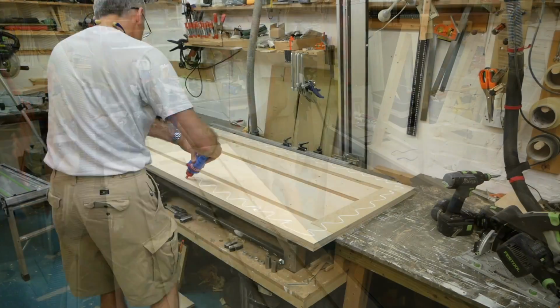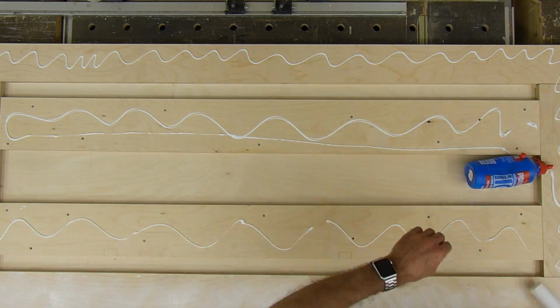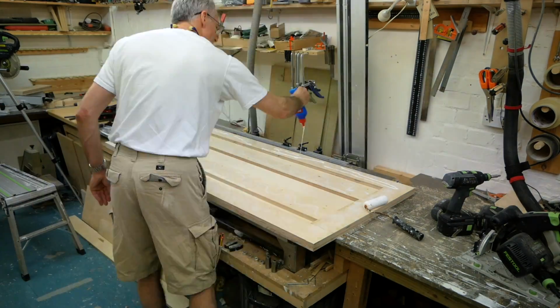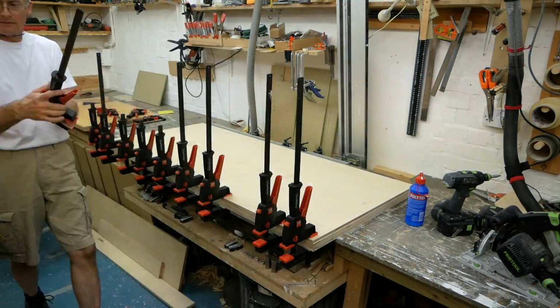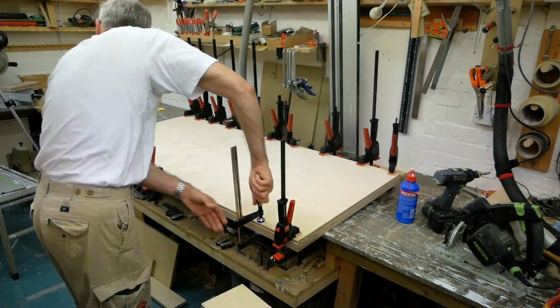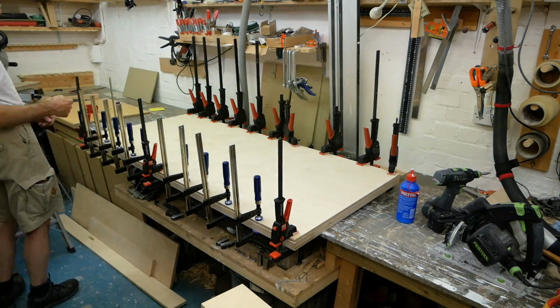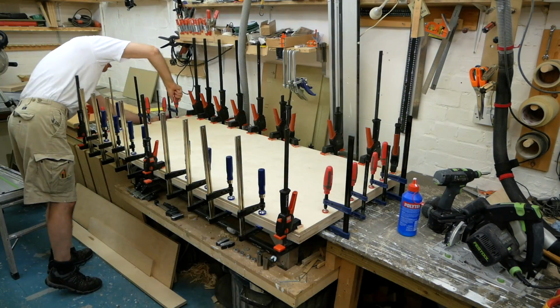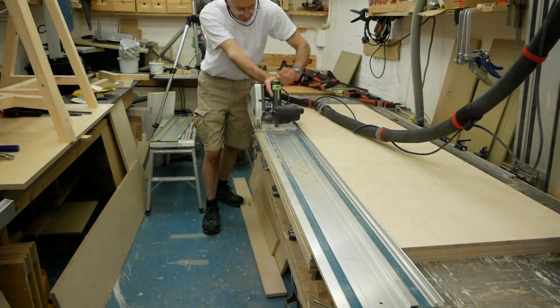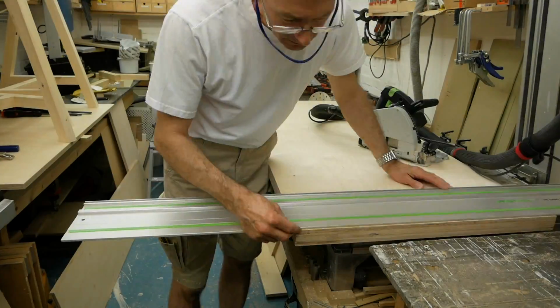After a decent interval, the clamps can come off and I can glue on the top skin of 12mm birch, making sure that it all lines up nicely before using every clamp I own, and perhaps one or two that I don't, to squeeze the edges together firmly all the way around. With the glue all set and the clamps off, I can clean up the edges of the top with the track saw,